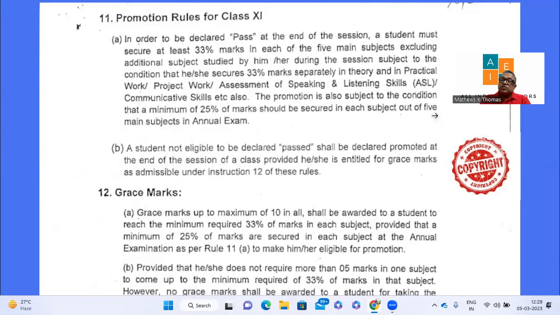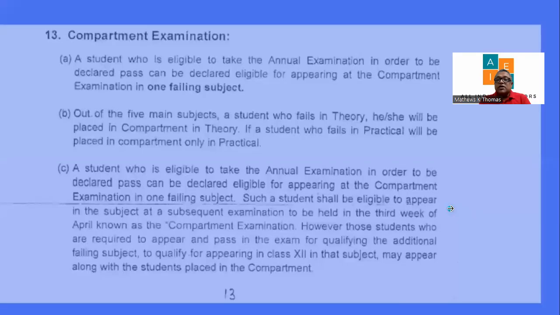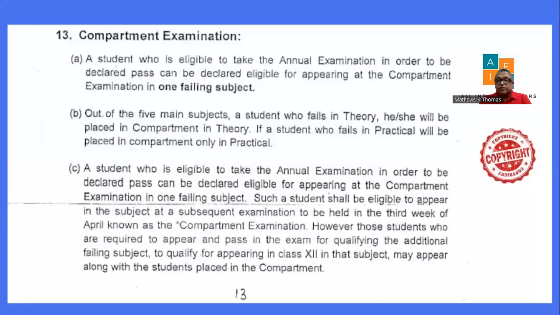And also another change from class 9, if you compare the class 9 promotion rules, is that compartment can be given only in one subject. Okay, compartment can be given only in one subject, not in 2 subjects for class 11. In class 9, we saw that compartment is possible in 2 subjects. But in class 11, we can give compartment only in one subject. So the compartment will be in one failing subject. That's it. So if it is more than one, then we cannot give a compartment to that child and the